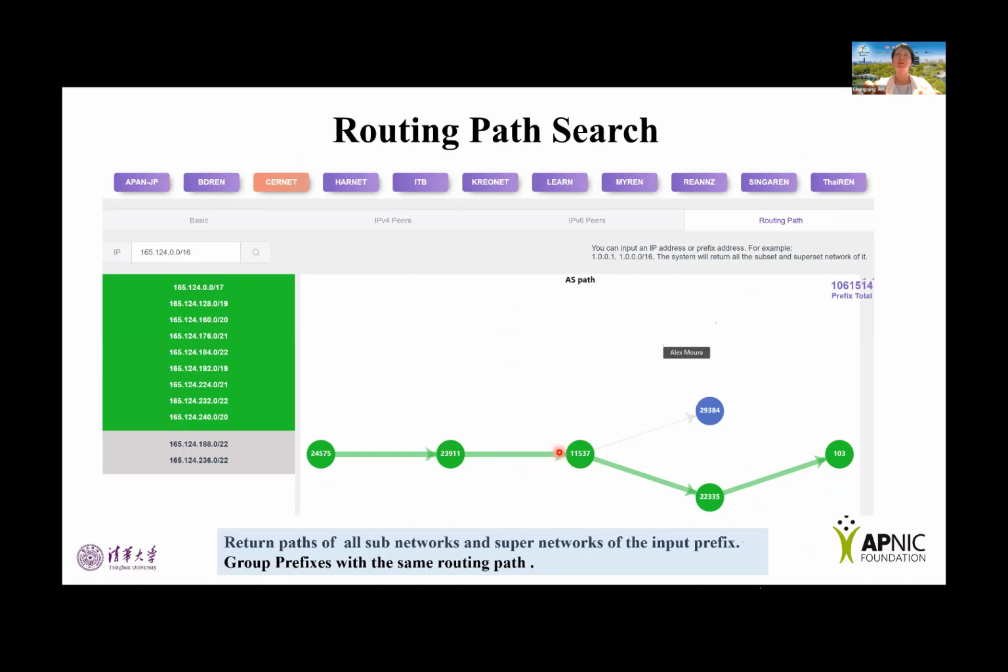Usually, operators will search for the path of a prefix. For routing query of a prefix, the system will search and return routing paths of its subnetworks and supernetworks, which is valuable for operators. Also, it will group prefixes with the same routing paths, so operators can see well-organized information in the graph. When users search this prefix,